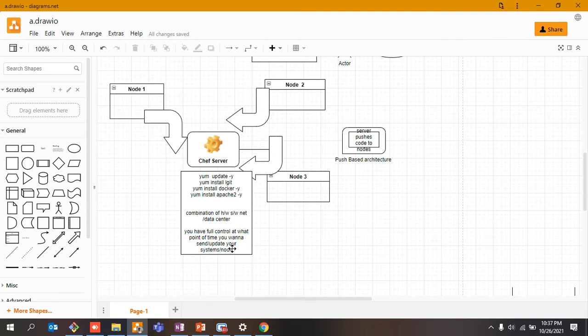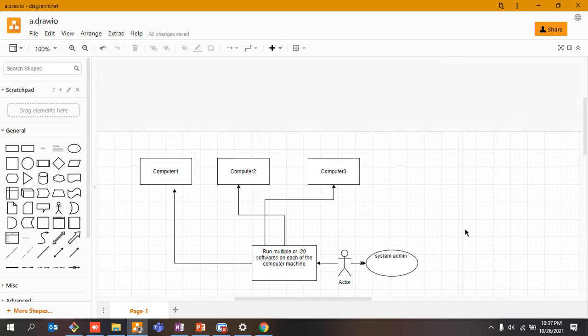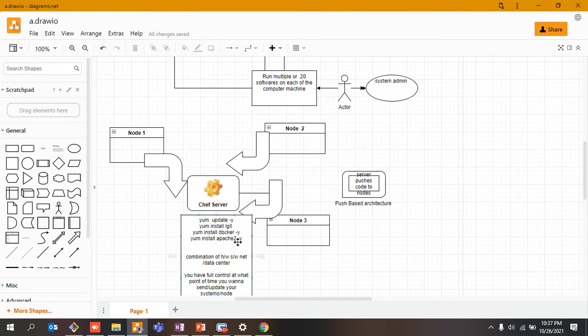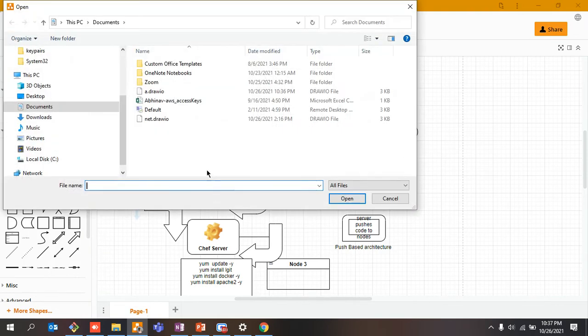They can be 10, 20, 15, 30, 35, right? So this is the importance of Chef, and it is based on pull-based architecture. Please note it down if you are having any sort of confusion at this point of time. So till now, I think I've made myself clear what Chef is all about, why it was required, and what are the two architectures, and now I would be moving ahead to discuss